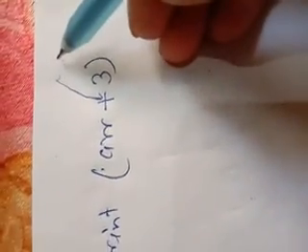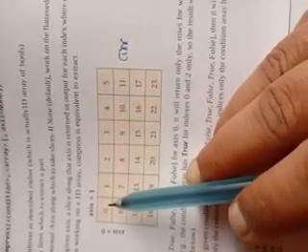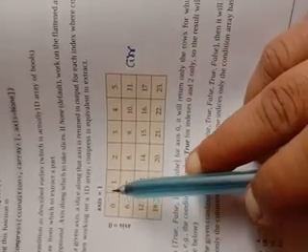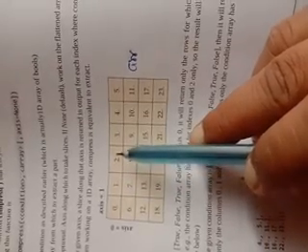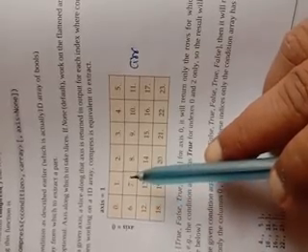Then what happens? All the elements, suppose that here initially 0, now becomes 3, here 4, here 5, here 6, here 7, here 8, here 9, here 10, here 11, and so on. It means each element of this array is increased by adding 3 to all the elements. So that is the arithmetic operation that can be done in NumPy arrays in this manner.